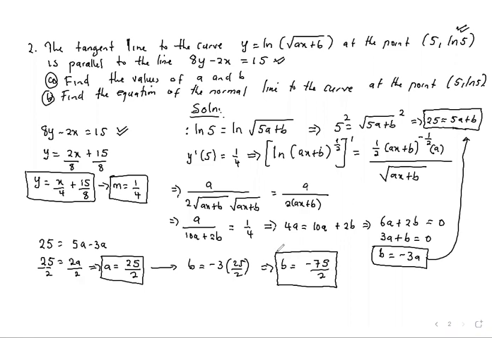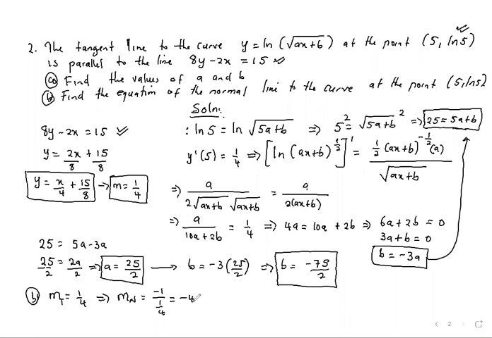This is A and B. Then part B is find the equation of the normal line to the curve at that point (5, 5). Since we already have the gradient of the tangent to be 1 over 4, it means that the gradient of the normal is equal to negative 1 over 1 over 4, which is negative 4. So because this is the case,